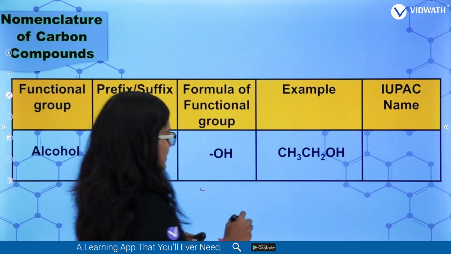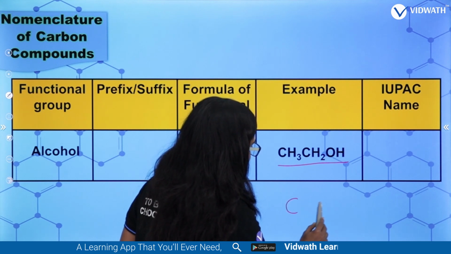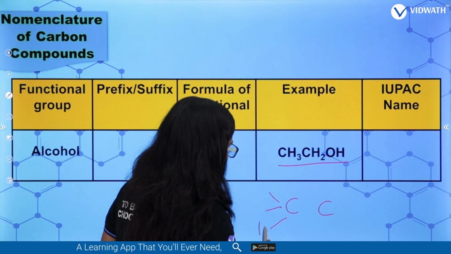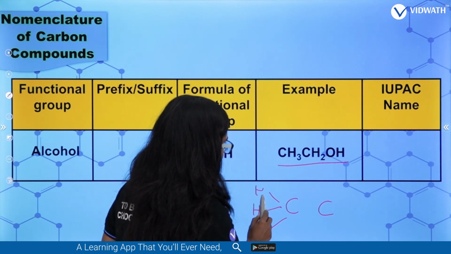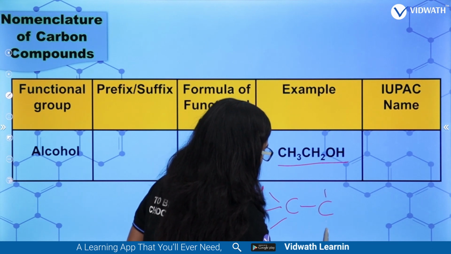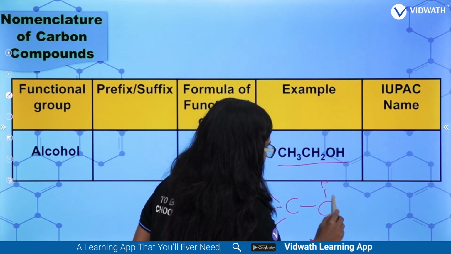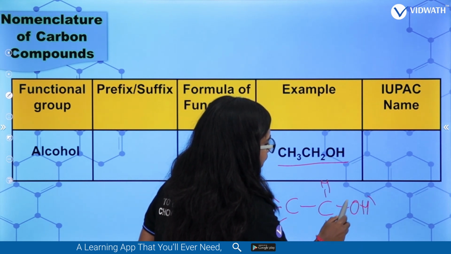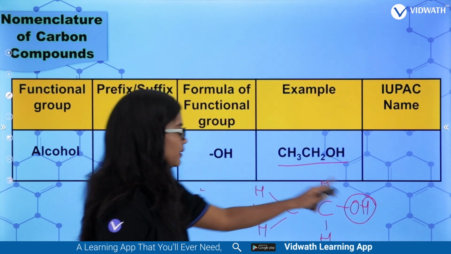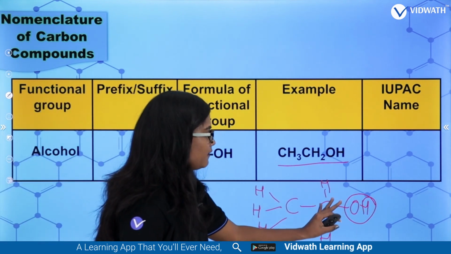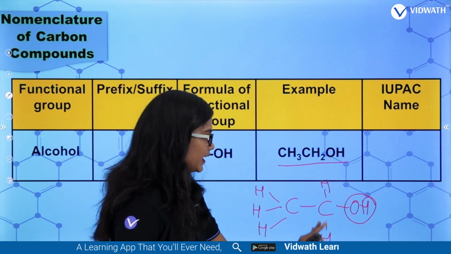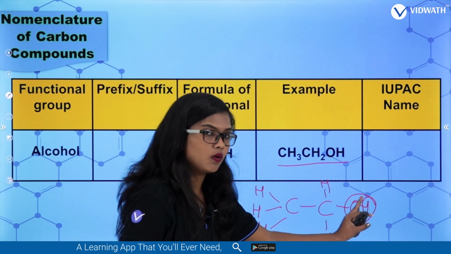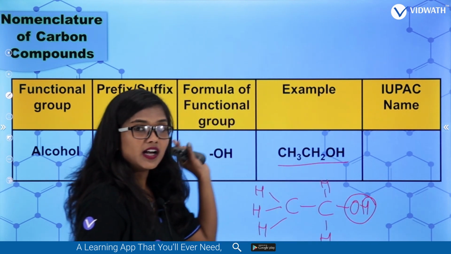For example, if you can see this one, CH3, how many carbon? 2 carbon. 1, 2, 3, okay, that is CH3, CH2. So here, in place of hydrogen, the carbon is attached with one OH group, right? That is the functional group. OH is nothing but the alcohol functional group. So if a carbon is attached with something other than hydrogen, then those are known as functional groups. If the attached group of atoms is OH, that functional group is known as alcohol.